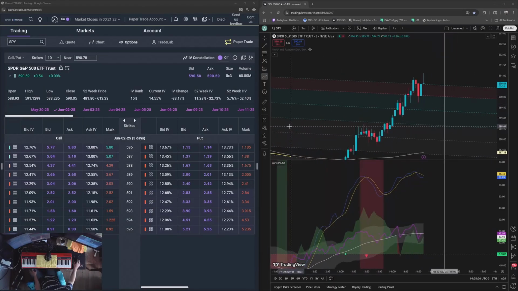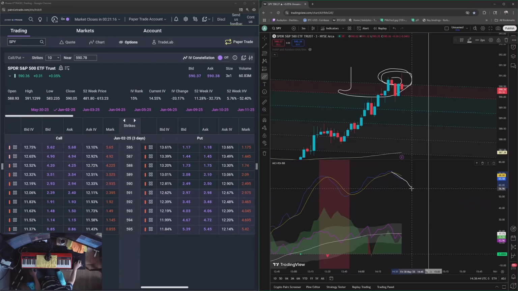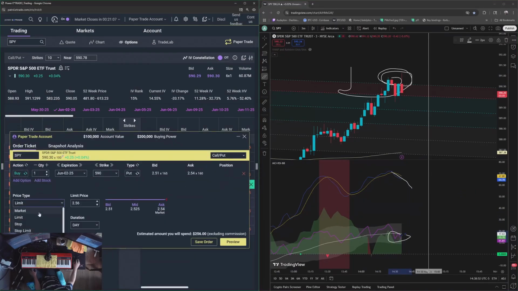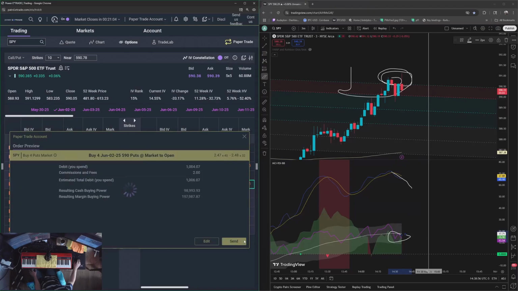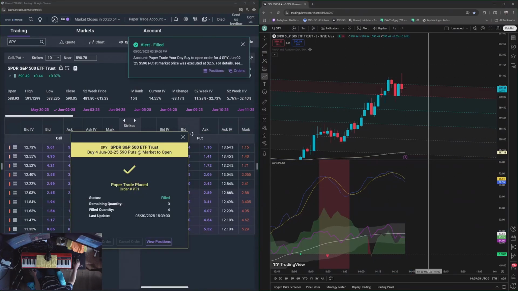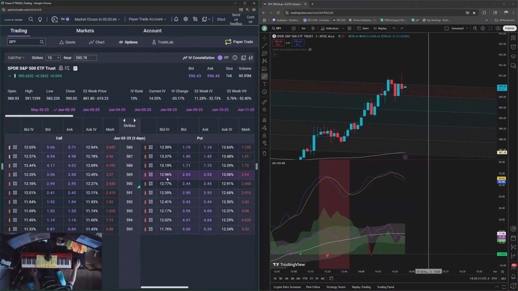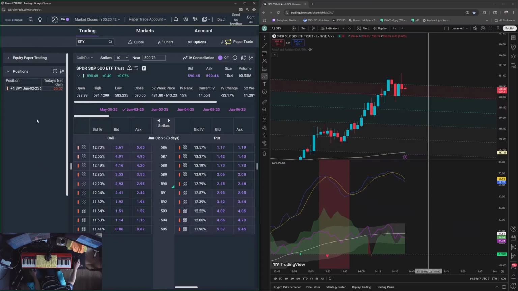Hey, we are here with the SPY, and we were overextended on today's SPY fib channel, right? We just had a cross down, and a cross down here, so we're going to buy a bunch of puts. Let's buy 4 for $1,000. What did we buy? The 590s, and we got filled for